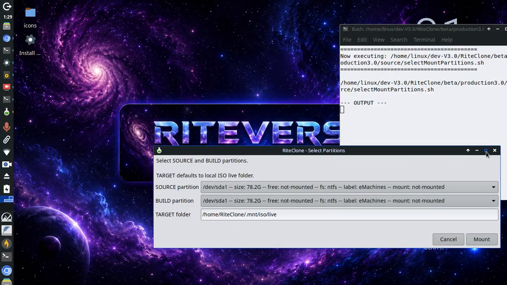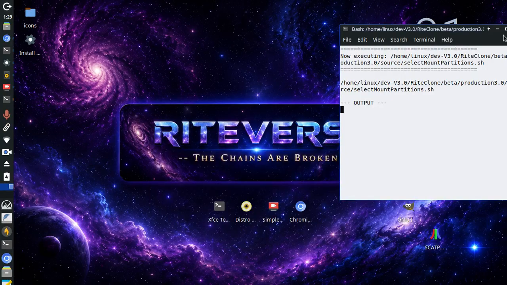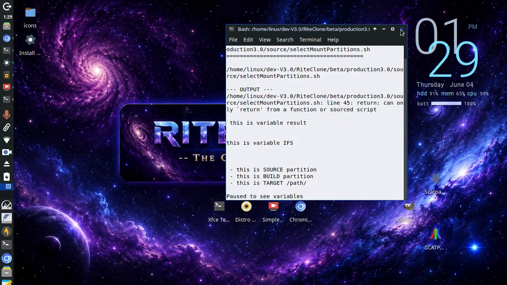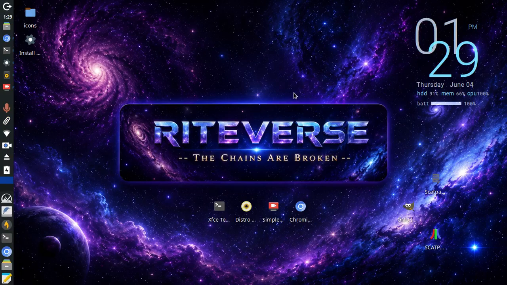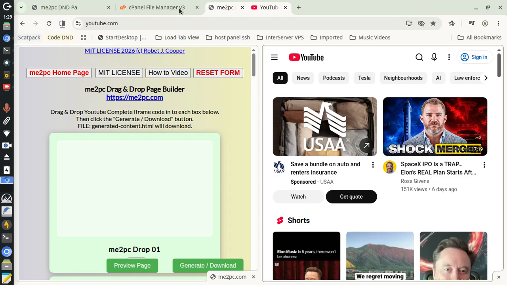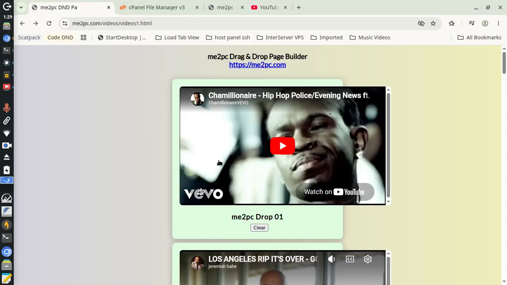Here's my GUI part of the Rite clone, which I'm going to use, but eventually GUI will be gone, and I'll be using JavaScript altogether. But let's go here. I'm going to show you if it'll launch. There you go. Okay. So this is my Me2PC website, and what it does is it allows you to create